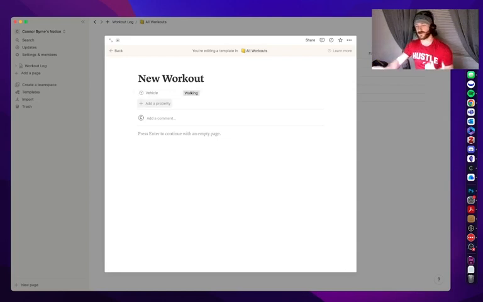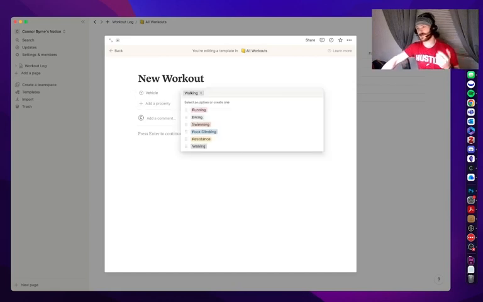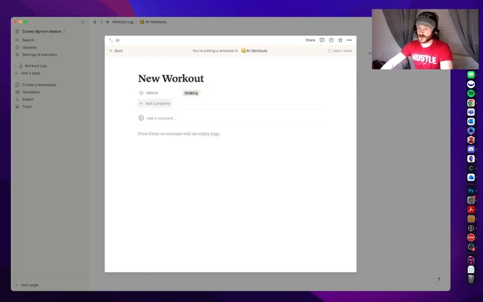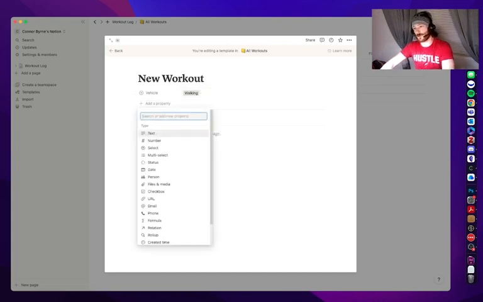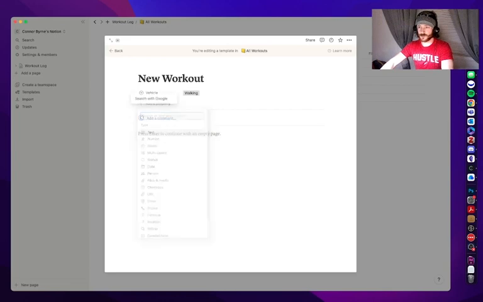So we have a vehicle, we're saying to ourselves, within this category of running, biking, swimming, rock climbing, resistance, or walking. These are all different kinds of modalities. These are things that can also get tracked on a Garmin watch or any other kind of watch. So that would be a primary category for what we're logging in, but we're probably also going to want to